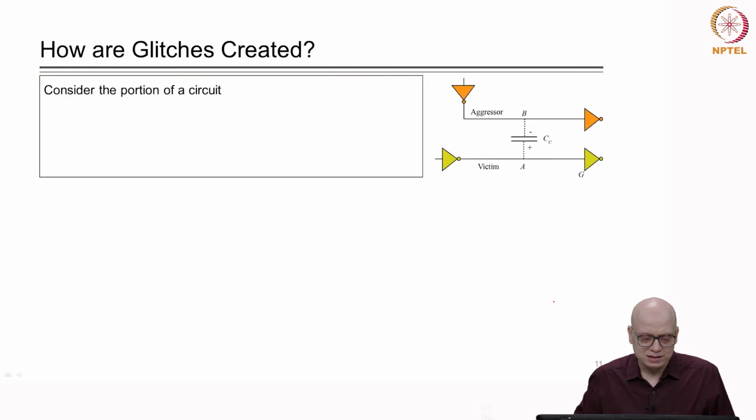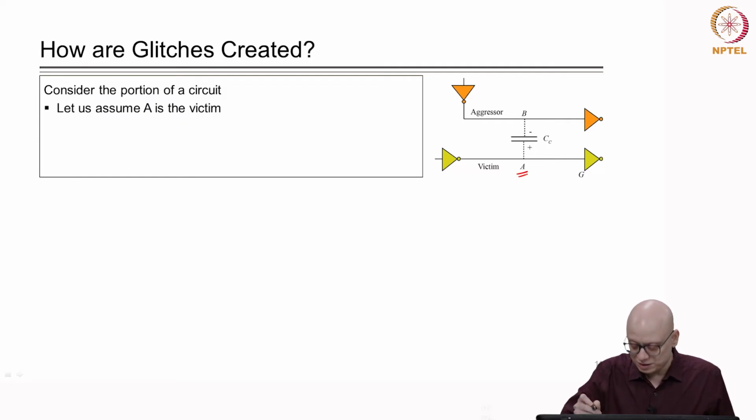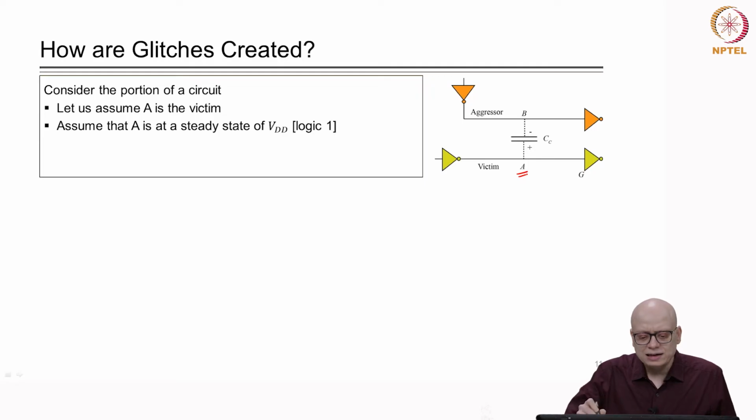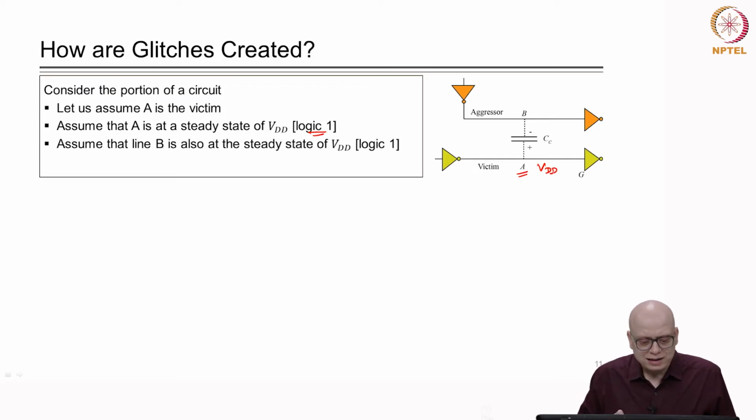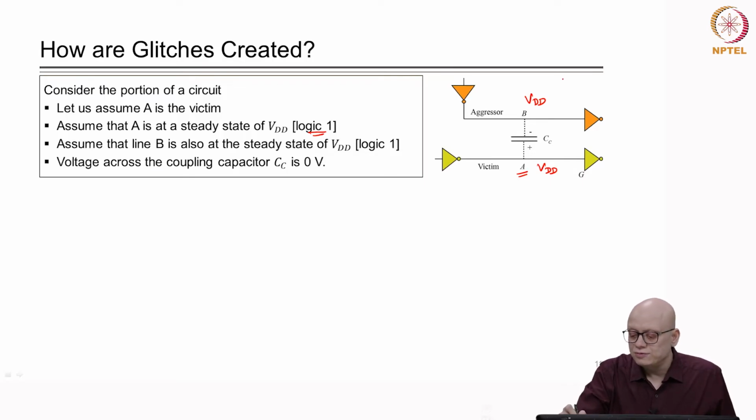Now, how are glitches created? Again, let us consider a circuit. In this case, we are not showing the ground capacitance, just for simplicity. Let us assume that A is the victim line, held at a steady state at logic 1, so VA is initially VDD. Now assume that line B is also held steady at VDD. The voltage across this coupling capacitor, VAB, is VA minus VB, which is VDD minus VDD,